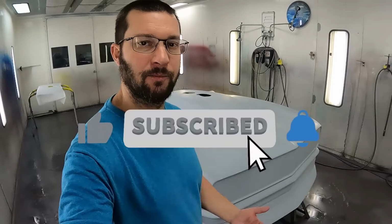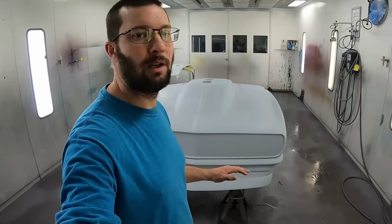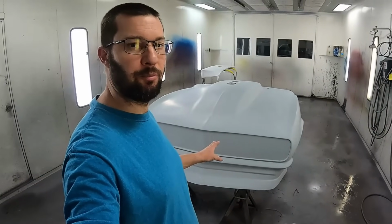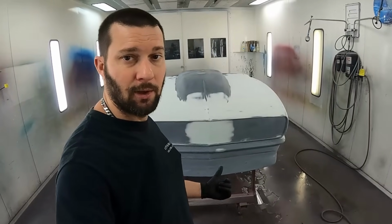Now I've got this thing ready to put some G5 sealer on, which is your standard gray. I'm gonna get the sealer on and I'm gonna go straight into the color. I'm not gonna tell you anything about it until I'm completely done putting the color on. All right, so before we get some paint on, we're gonna take a look at what it takes to get